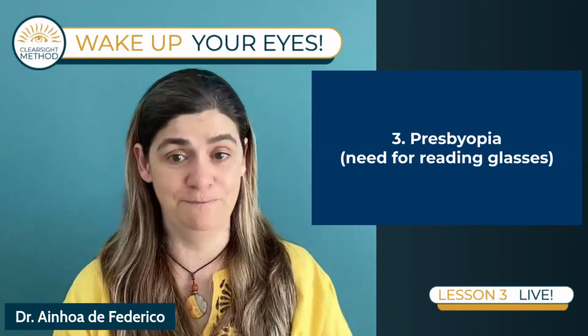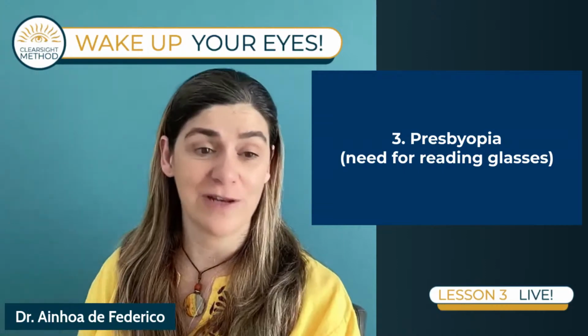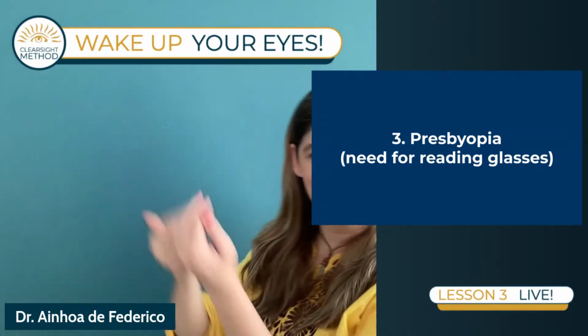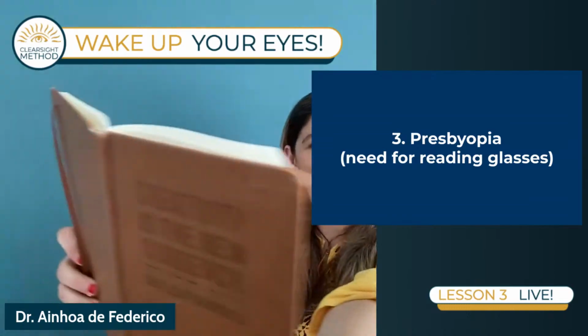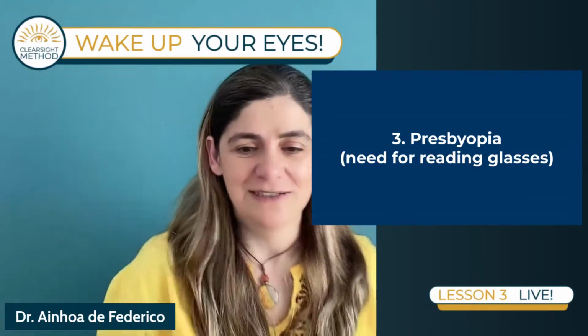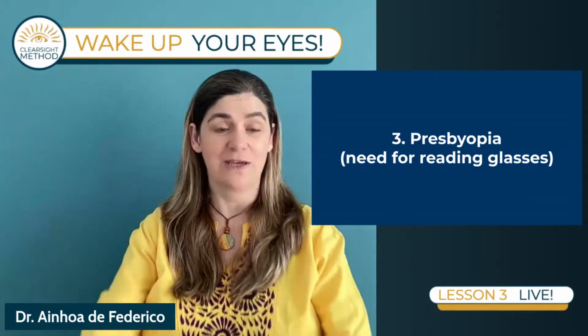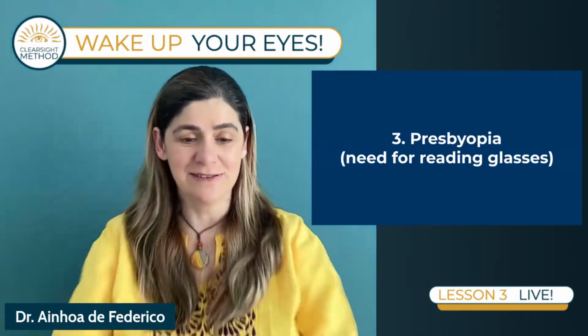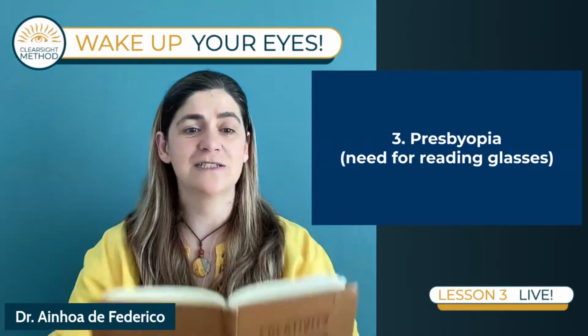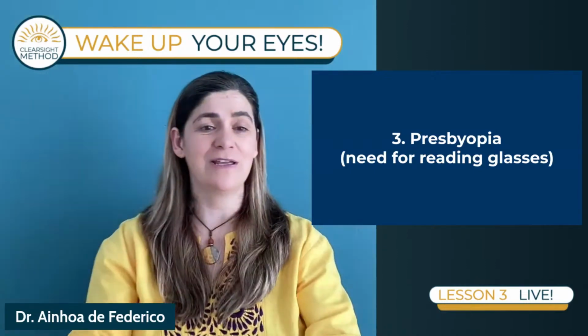Okay, now presbyopia, the need for reading glasses that appears with age, right? The too short arm syndrome. You have to put things further and further away so you can read them. So this is another kind of symptom that we can understand, making this metaphor of this is my personal space, yeah? And if I have to push things away to be able to see them or read them,